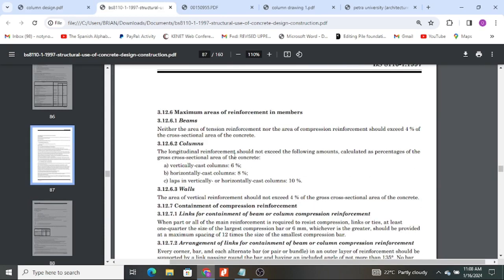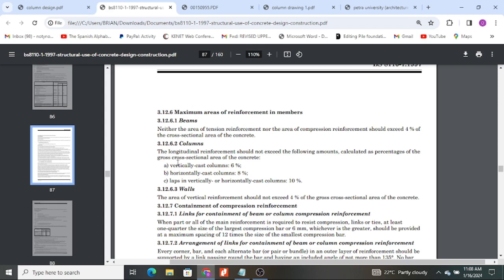Maximum areas of reinforcement in members, that is clause 6.12.6.2 when we talk about columns. Here the longitudinal reinforcement should not exceed the following amounts, calculated as percentages of the gross cross-sectional area of concrete. Gross, we mean the entire. Net, we mean just concrete having subtracted